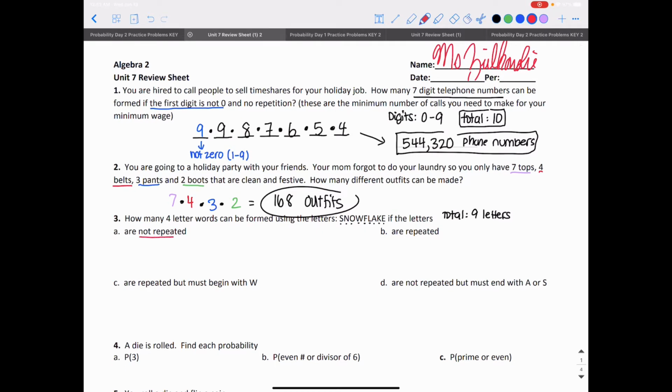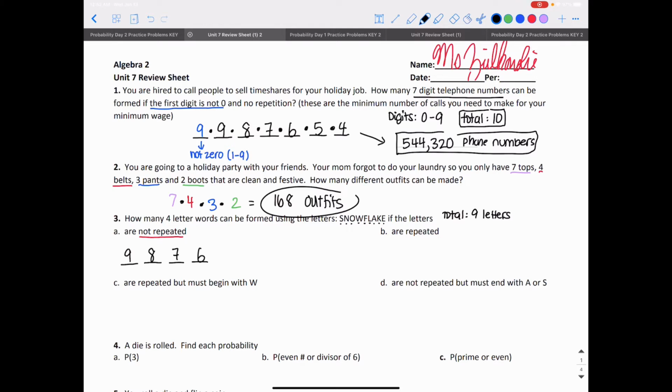For A, they're not allowed to be repeated. So I'm going to start with, I have 4 spots available: the first letter, second letter, third letter, and fourth letter in my word. I'm going to start with the first letter. I know that my first letter, I have 9 options for it. For the second letter, because repetition is not allowed, after I choose the first one, I only have 8 left for the second one. After I choose the first 2, I only have 7 left for the third, and then I only have 6